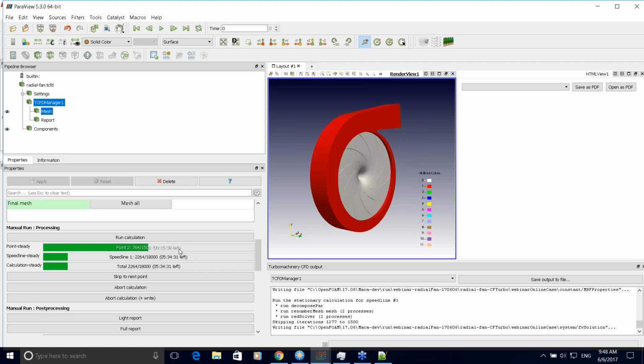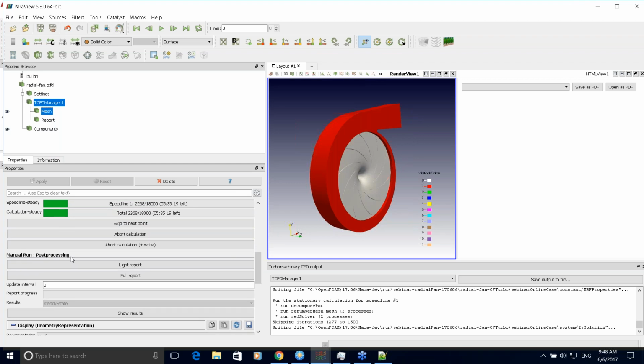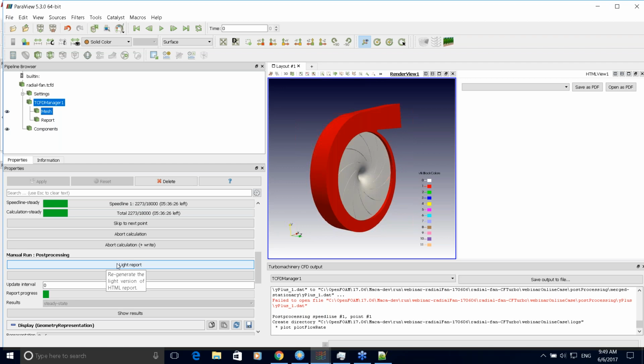You have the information about the time left of the whole computation, because I have set, I guess, 12 points to be simulated. Anytime you can, for example, skip to the next point, and what is important, anytime you can generate the report. There are two buttons, which are also new features. You can generate the light report, which will show you the actual data of the simulation and is generated very quickly. So when I'm clicking on it,